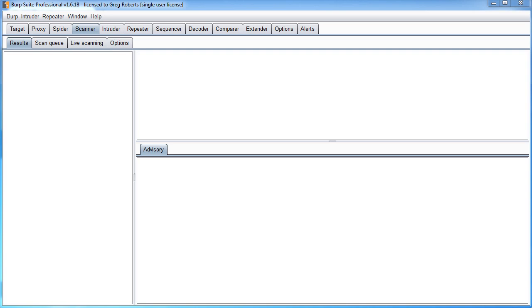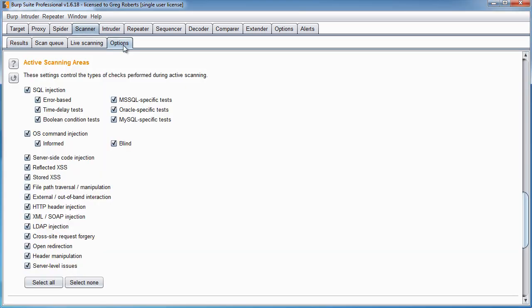Alright guys, in this video I want to show you how to use the scanner. Now the scanner is mostly everyone's favorite tool, and it's also incredibly powerful, and what it does is it takes a web page and it scans it automatically to find vulnerabilities, and it searches for a lot of vulnerabilities. If you hop over in the options real quick, you can see a quick list, all of these areas: SQL,